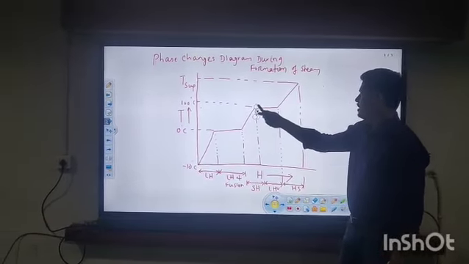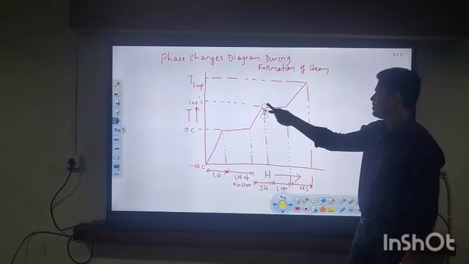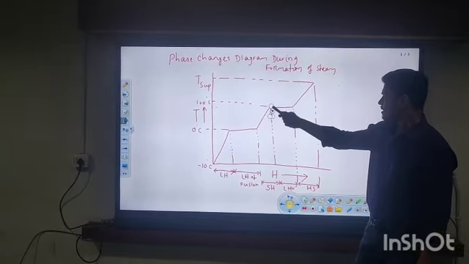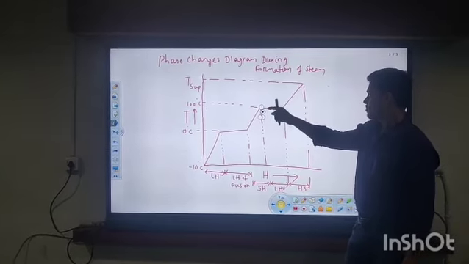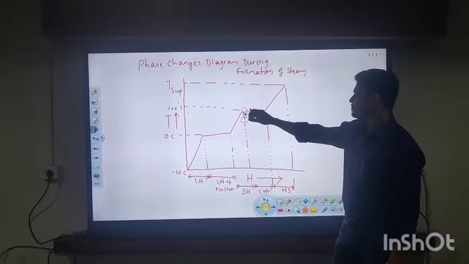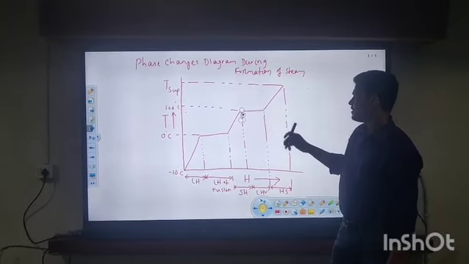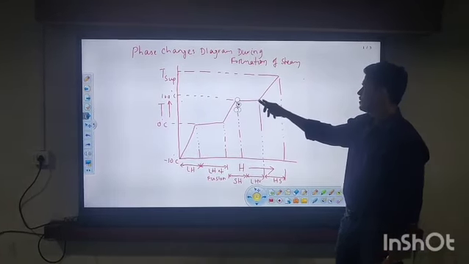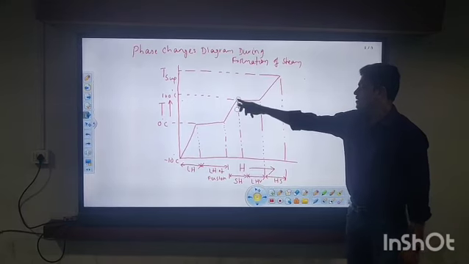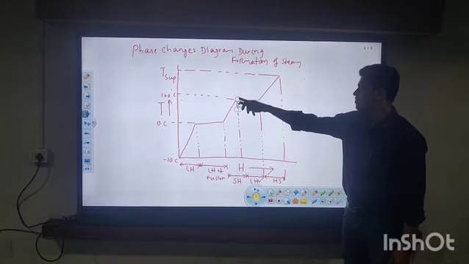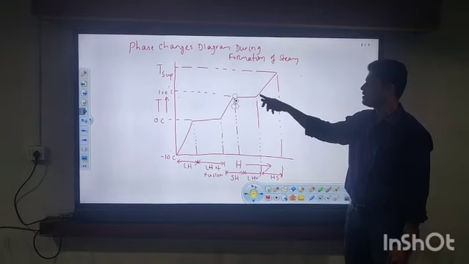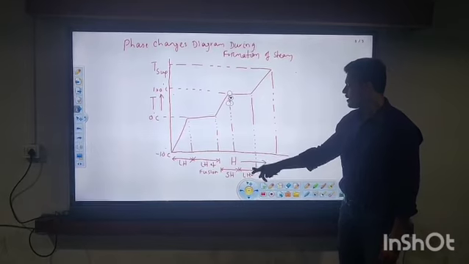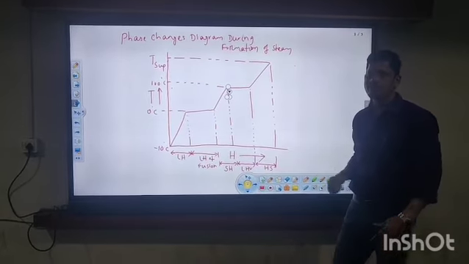And after reaching the boiling point, because we know the boiling point of water is 100 degree centigrade, the water will absorb the heat and start evaporating, and is converted from 100 degree centigrade water to 100 degree centigrade steam, the vapor. During this process, the heat absorbed is called the latent heat of evaporation. If we further supply heat,